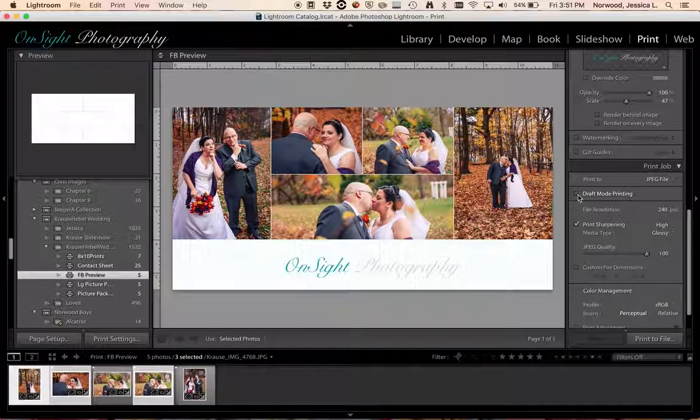Draft mode printing is solely just when you're in this module, it speeds up how you're viewing the image. It's not showing you the full resolution of the image in here, just so that it loads faster and all that stuff. So when you're ready to print and save, you want to uncheck draft mode printing. But file resolution you want to set